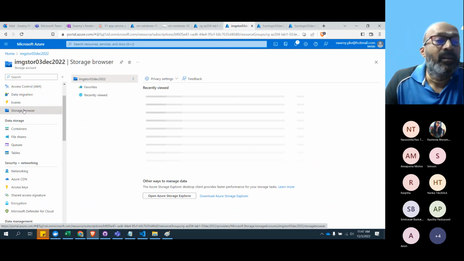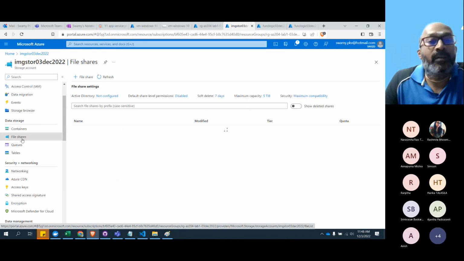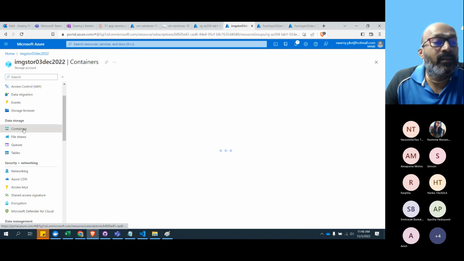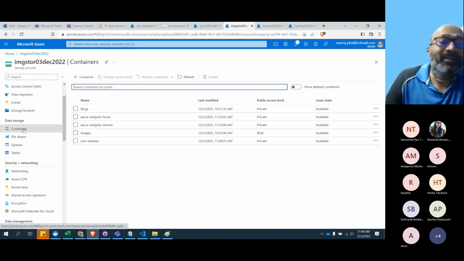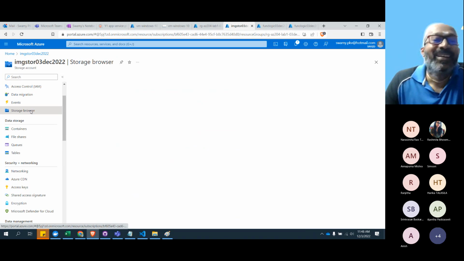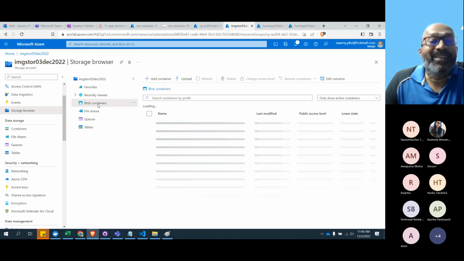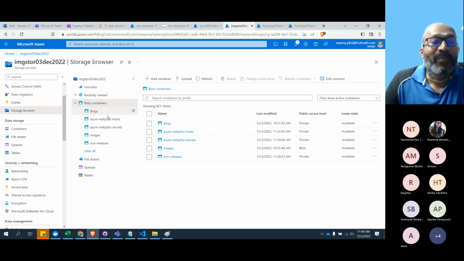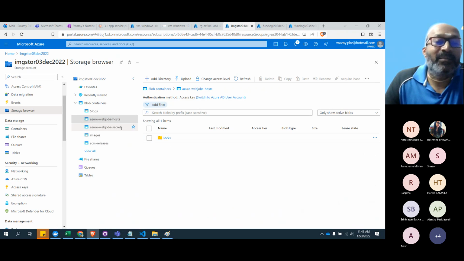Let's come and probe those things. We had a couple of items which we wanted to probe. If I come in here, there's nothing in here. The containers, now you see there are changes. That means now you understand why an Azure function needs a storage account of its own. It keeps all those files and all those secrets.